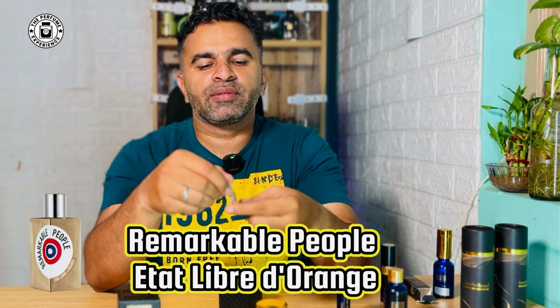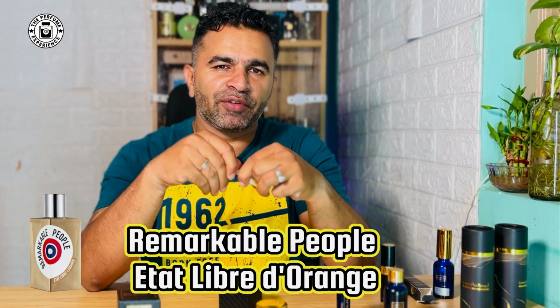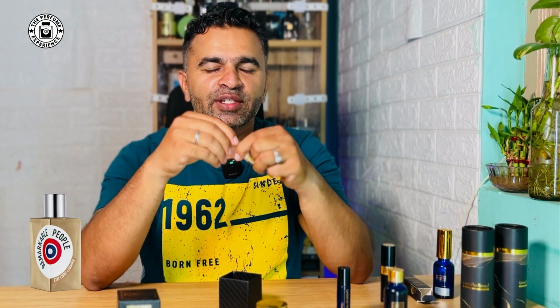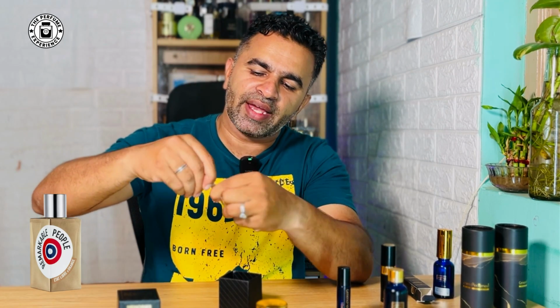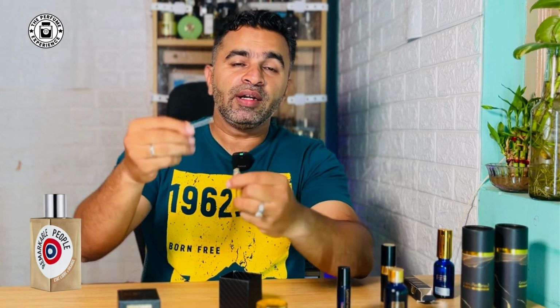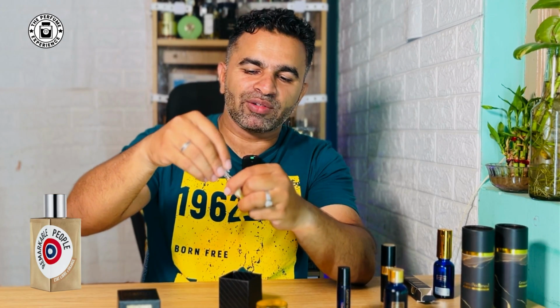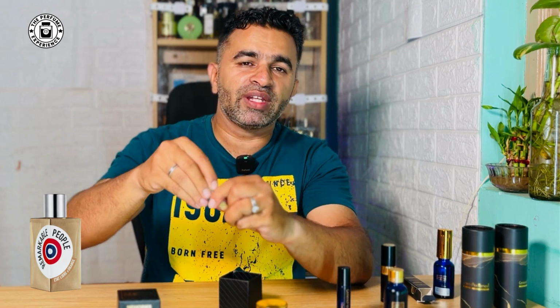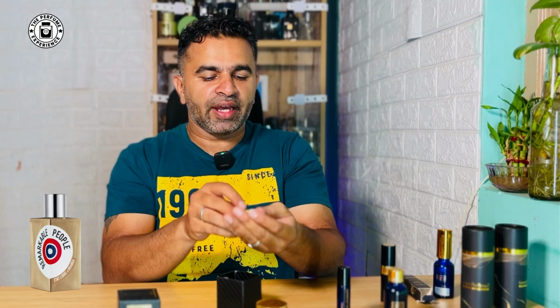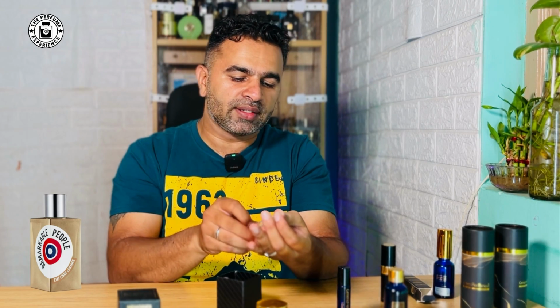Remarkable People, which is really, really nice. It's a very nice fragrance which has got a good amount of citrusy sweetness, along with a lot of other things. It's very good quality as well, and this I really enjoyed. These are a little bit of a tough thing to pull up because they are plasticky and they sit very snugly. So this is really, really nice. It's a very tart thing. The other thing that I really enjoyed in this was